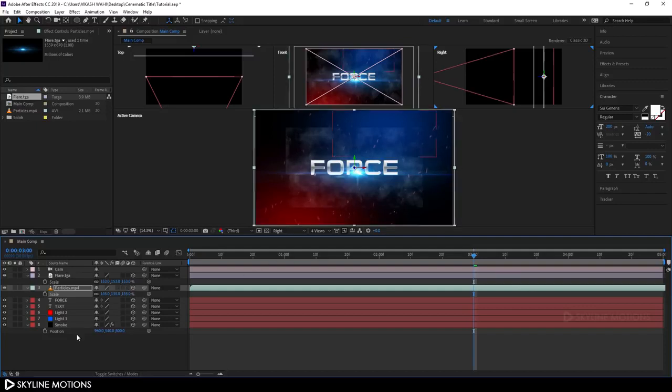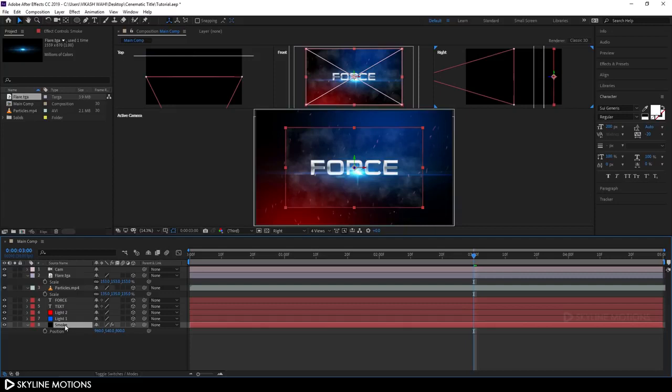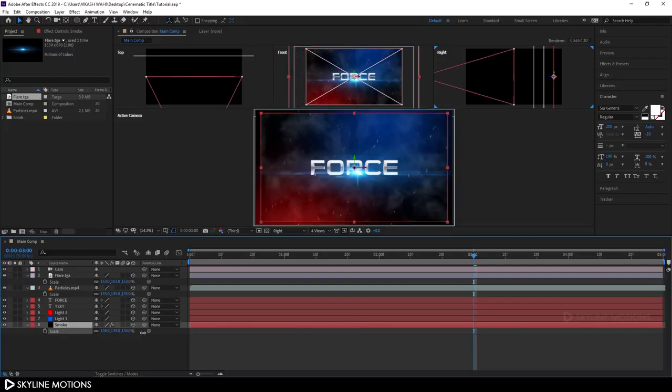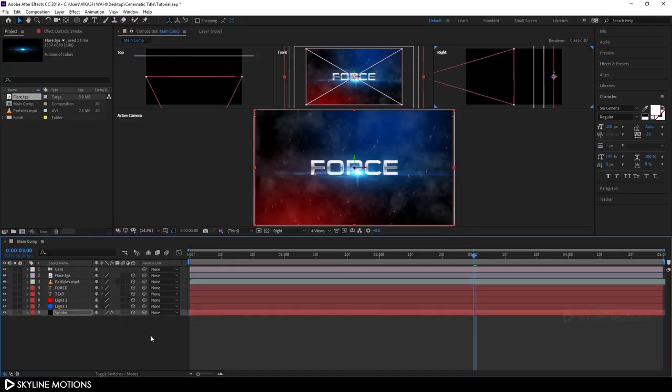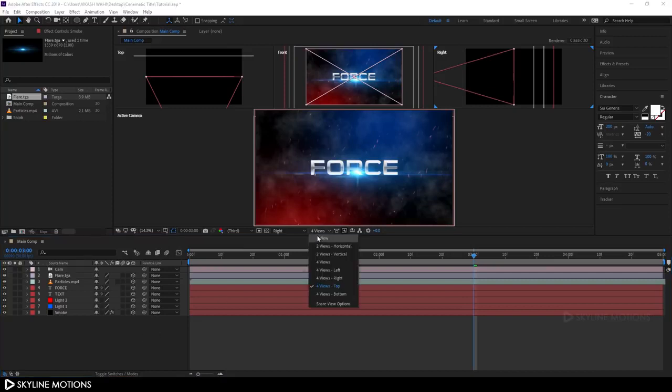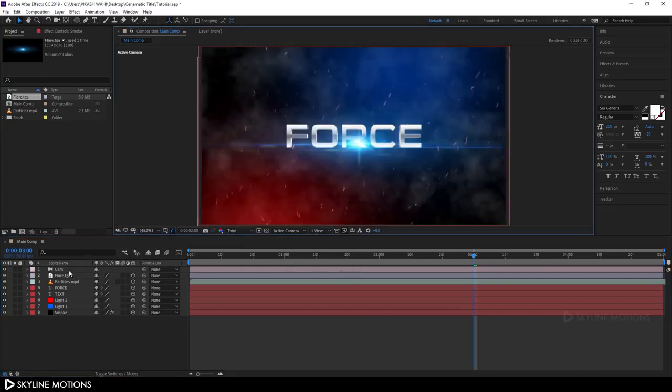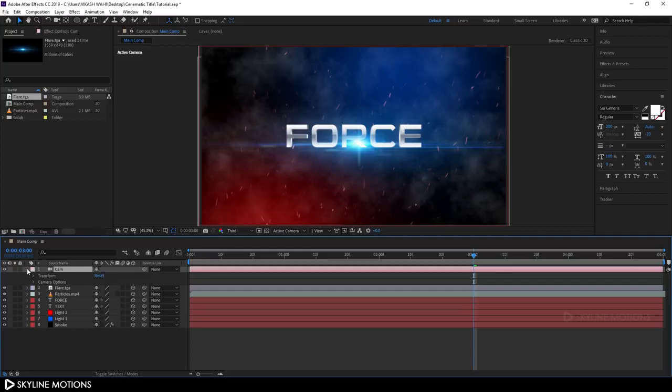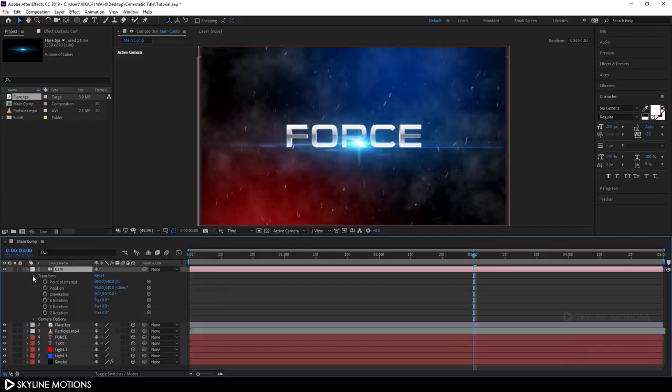maybe like that. And now select this last smoke layer, hit S on the keyboard to bring out this scale properties and let's scale it up and fit this like that. And now let's animate this camera. So let's minimize this first, okay, and change this to single view and select this camera and let's expand this and expand this transform